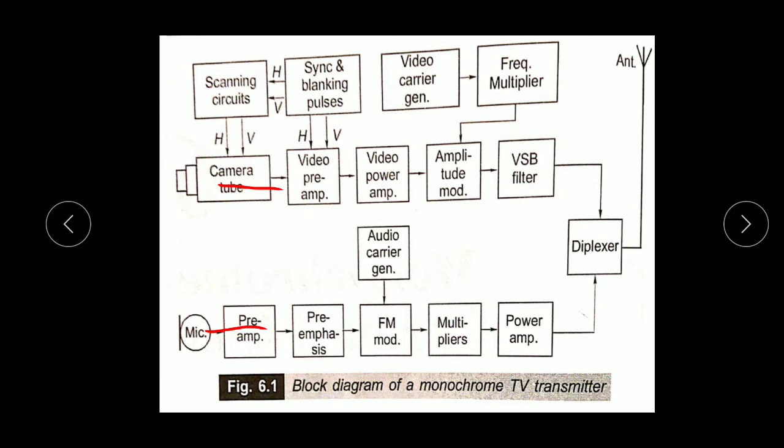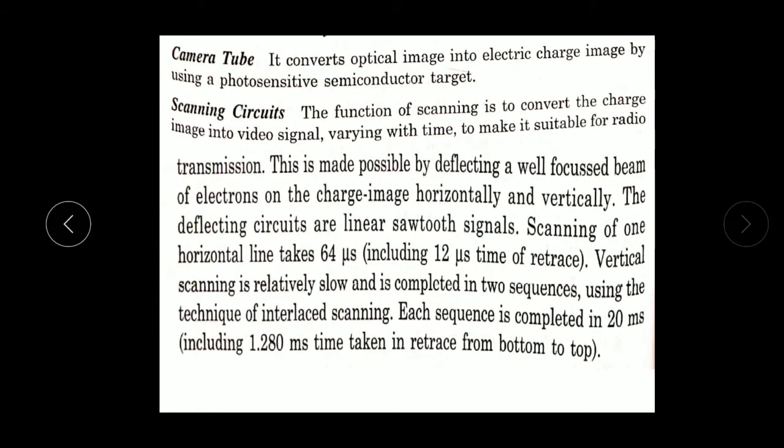Using the mic we record the audio signal, and using the camera we record the video signal. Both signals combine and are transmitted simultaneously through the antenna. Now, in the receiver system,